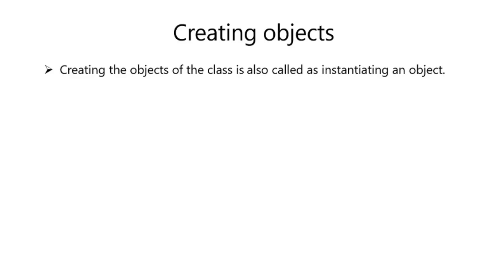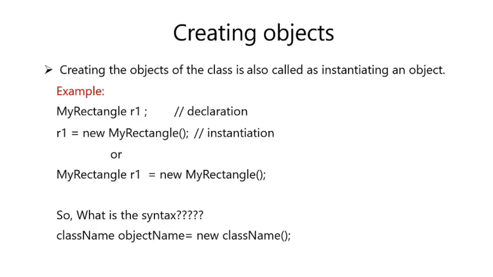It defines a new data type. Once defined, this new type can be used to create the object. Just now we studied that a class defines a new data type, and once defined, you can use that data type for creation of the object. There is a declaration of the object. What is the declaration? MyRectangle R1. Here MyRectangle is the class name and R1 is the object name. Then R1 is assigned new MyRectangle. This is instantiation, that means memory for that object is allocated here.